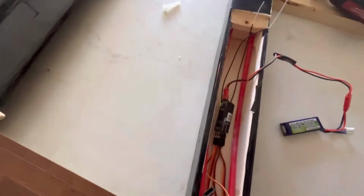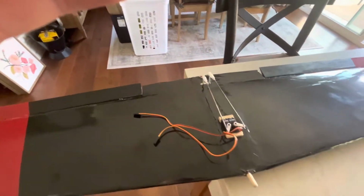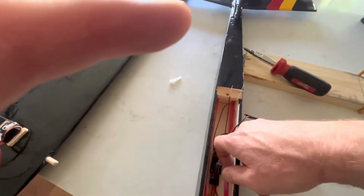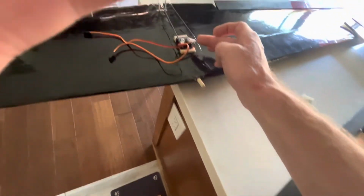It is a little challenging because you're right, this is kind of narrow. In order to get the wing on and off, I have to set the flaps all the way down so that the things can fit down inside there. There's some little lips in here, so once I've got it in, it works okay, but I can tell that I've got some rubbing taking place, so I might need to